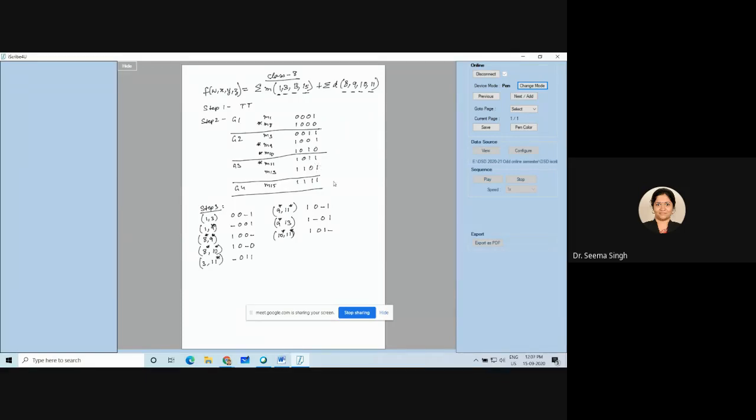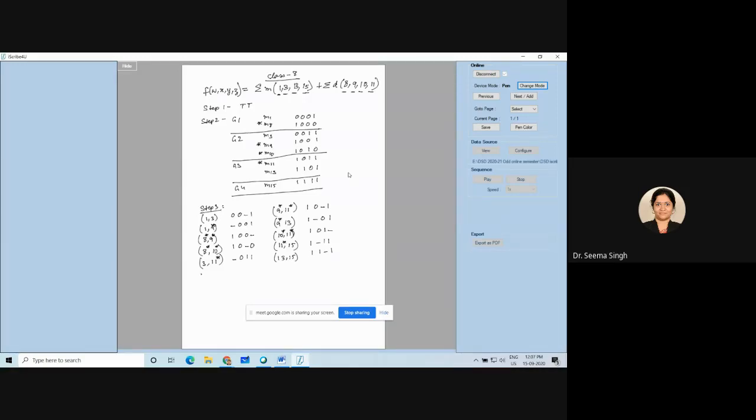Now I should do pairing between group 3 and group 4. When I do that, what I can see is that pairing is possible for both 11 and 15 and 13 and 15. So we will do that now. I will do 11 and 15. 11 is a don't care, so it is written as 1 dash 1 1. Then I will do 13 and 15. Both are normal terms, so I will have 1 1 dash 1. So my step 3 is over.